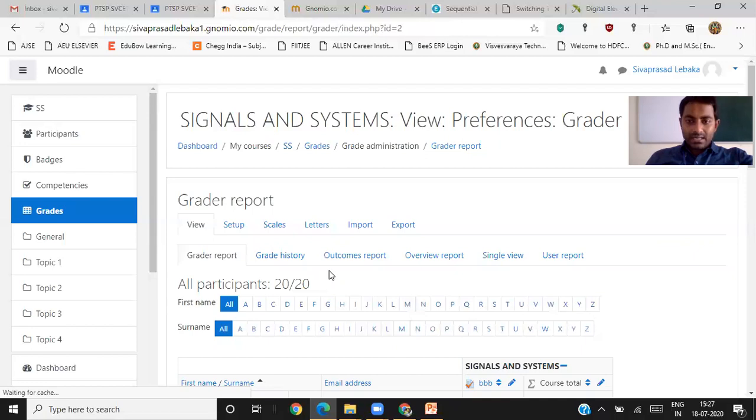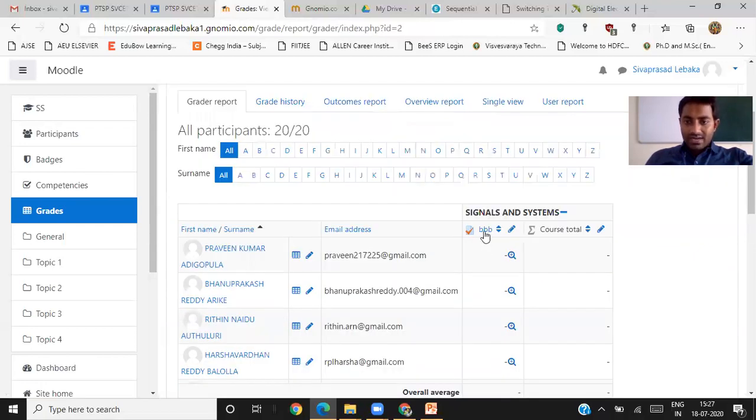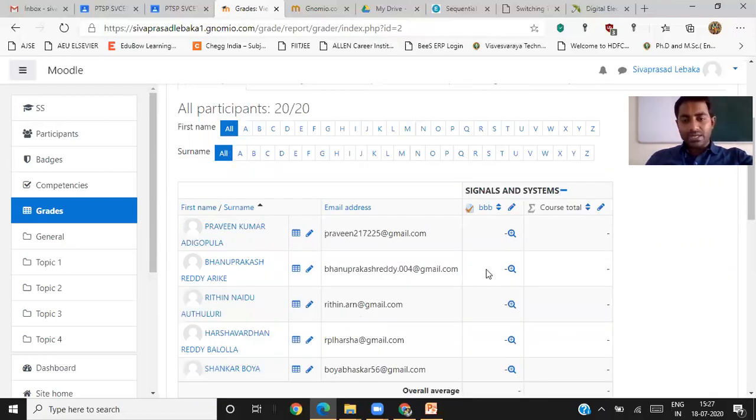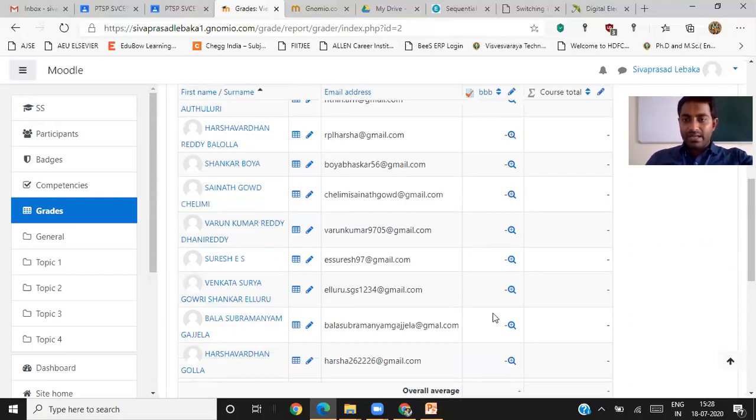You can see that the quiz, whatever we have conducted, those marks, if they attempt, I'm telling once again, if they attempt, those marks will be displayed here automatically. Why? Because under the quiz creation itself, you have already clearly mentioned which is the correct answer and which is the wrong answer. So those marks will be automatically calculated and displayed here itself.